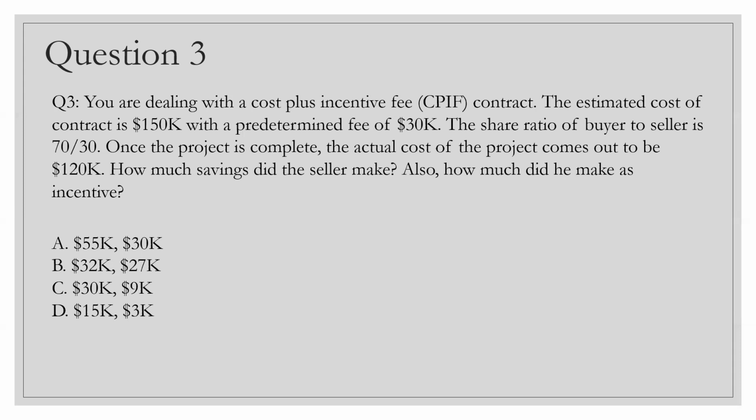Now this is very easy to find out because 150 was the estimated cost of the contract, and the seller has ended the project with 120K. So basically 150 minus 120 is 30 in thousands, savings the seller has made, right? So if you look into the answers quickly, you will find 30 is an option only with C. So probably in this case you don't even have to find out the next answer. Now in the exam,